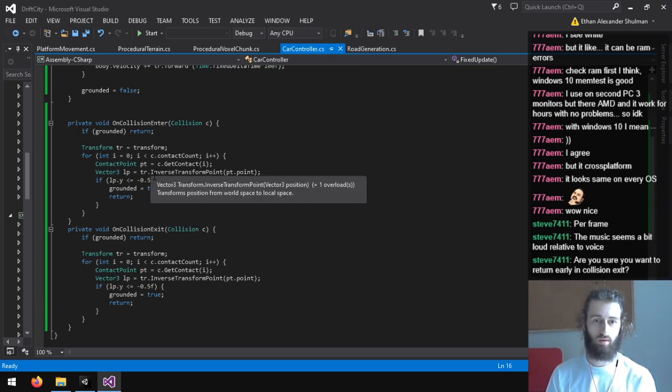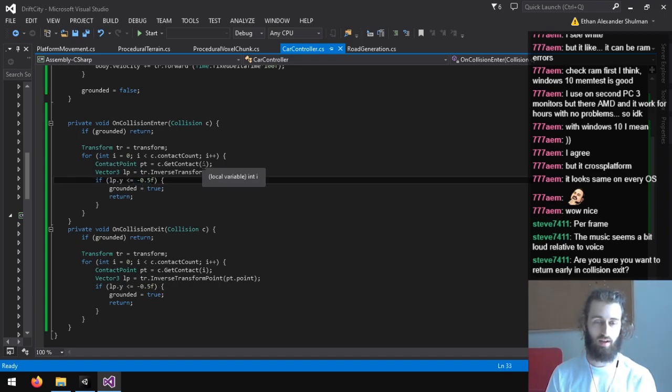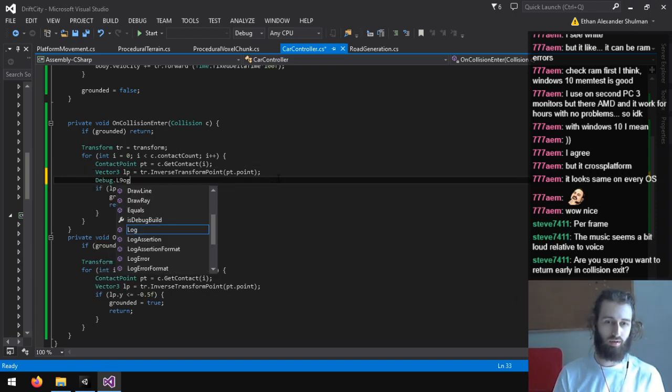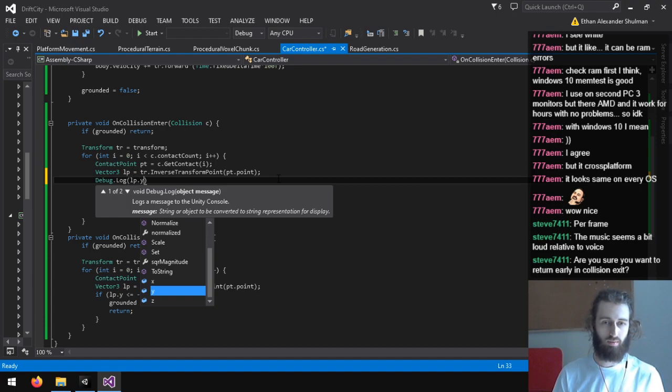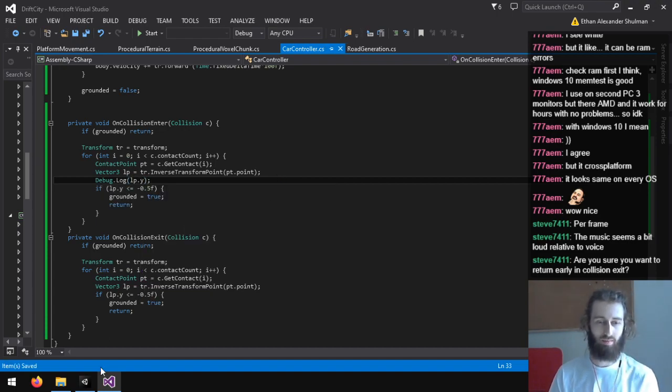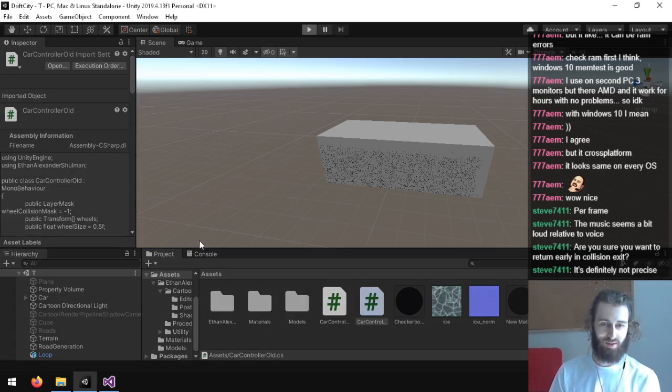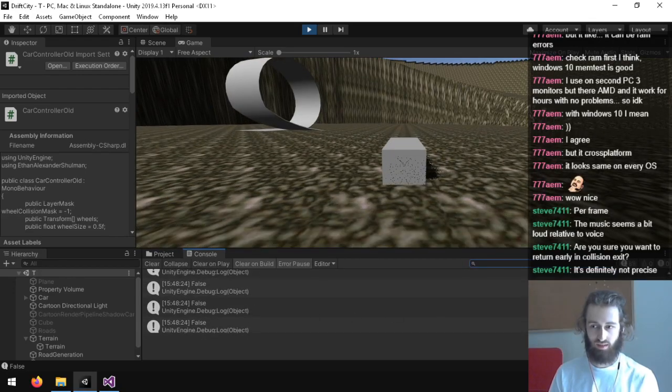So I wonder if this isn't completely precise. I know that Unity rounds the Debug.Logs to a decent amount, but it doesn't round it that badly, does it? That it told me it was negative 0.5 and it's nowhere close to negative 0.5, is it?